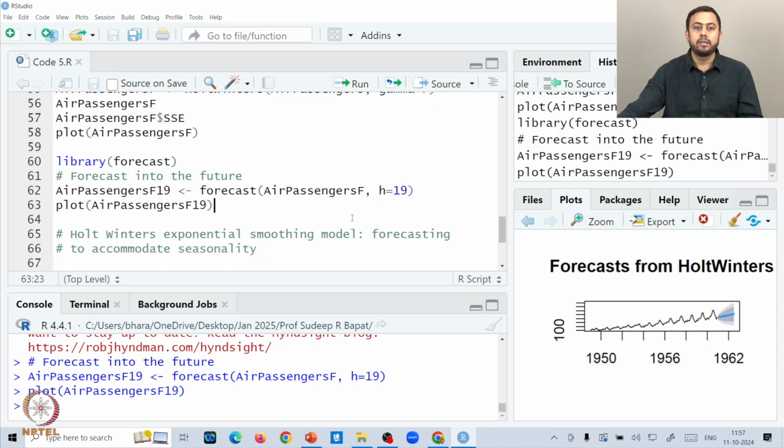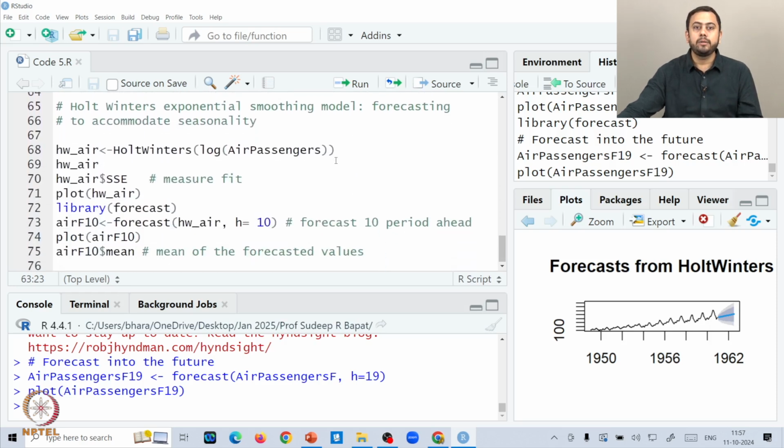So can you do better? The answer is yes. The last thing is we'll implement the Holt-Winters approach, because remember, if the underlying data set contains seasonality, there is no point in applying Holt's technique. One should go with Holt-Winters. We'll do the exact same thing, but with a small tweak: we are applying Holt-Winters on the log of the data. Why? Because if you remember, there was the changing variance problem. You correct the changing variance problem by applying some transformation, say log or square root. So we'll apply this Holt-Winters technique on the transformed data set, which is log.